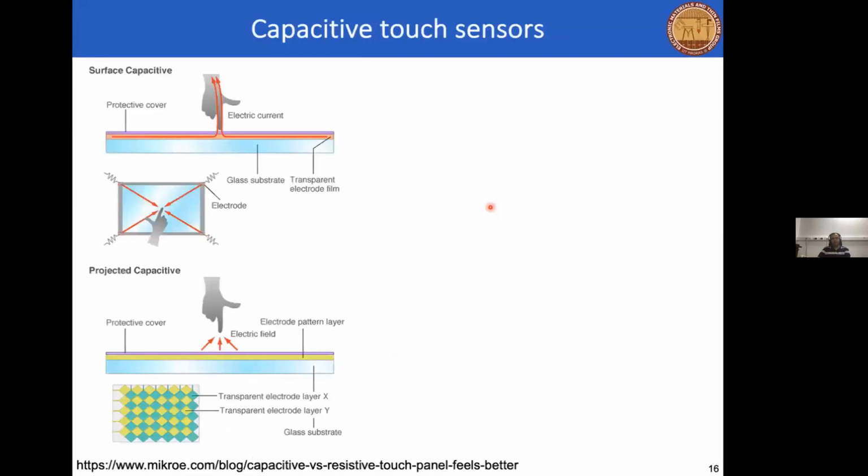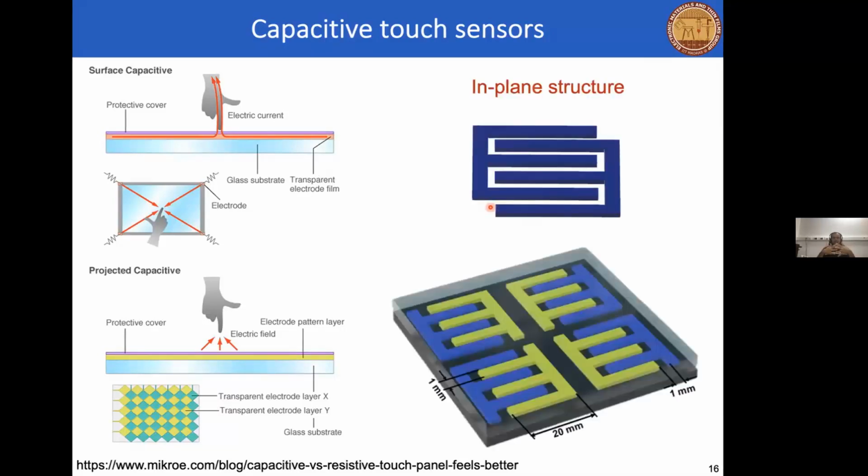So what did we do with these silver nanowires? Initially we thought, let's try to make some sort of a touch sensor. And we are mostly interested in a capacitive sensor. The idea behind a capacitive sensor is pretty straightforward. You have 2 conductors. There is a dielectric. When you touch, your finger basically changes the electric field, and that creates a capacitance change, and that can be measured. Now, because I can actually print these structures, we went for what is called an in-plane design.